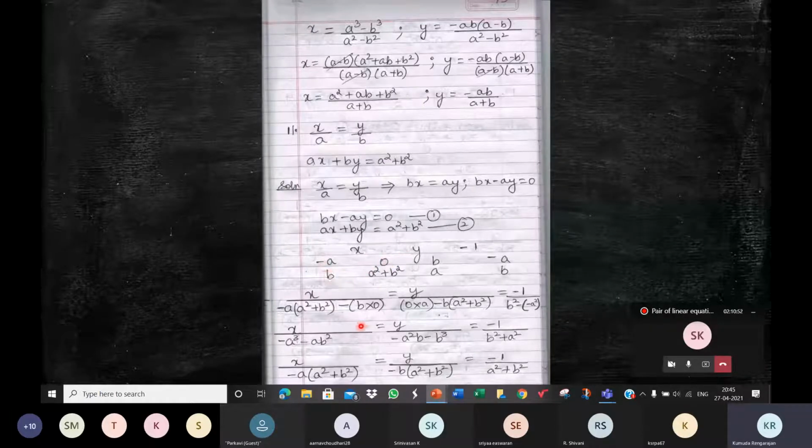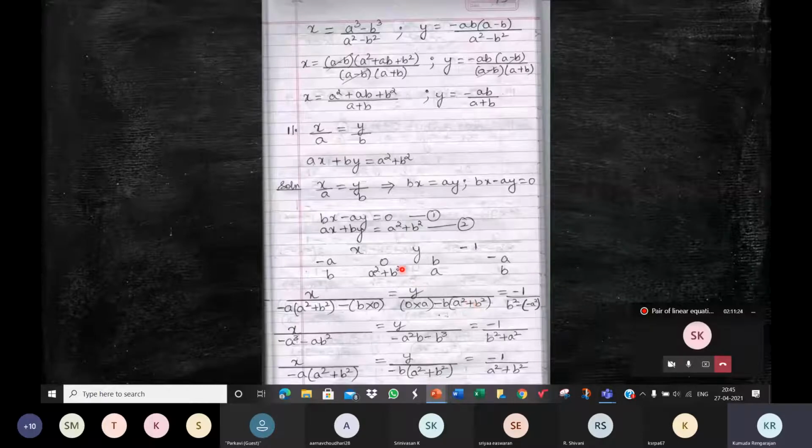So b into 0 is 0, 0. So this product and then this product. And see here, 0 into a is 0. 0 into a, by mistake, you should not write a. 0 into a is 0. And one more thing, children, I'll tell you why 0 into a is 0. Children, please listen to this carefully. Now 0 into a is 0. Why have I written it here? No, I can just leave it and go to this one. b into a square minus b square.